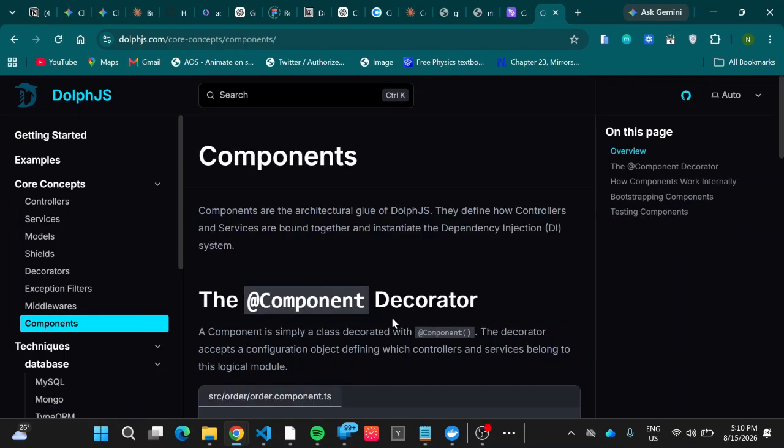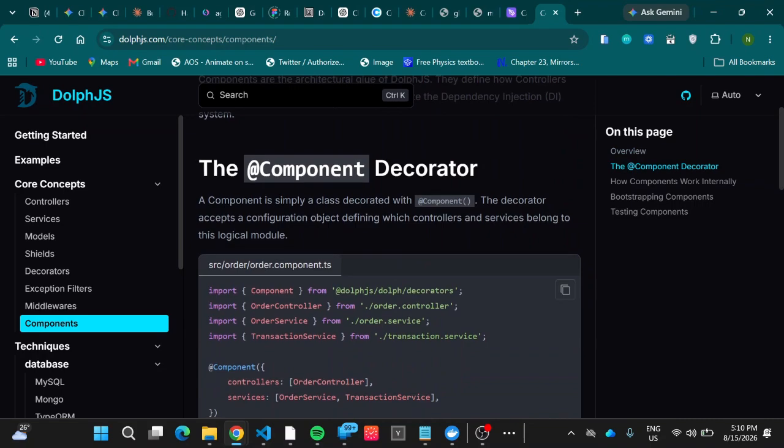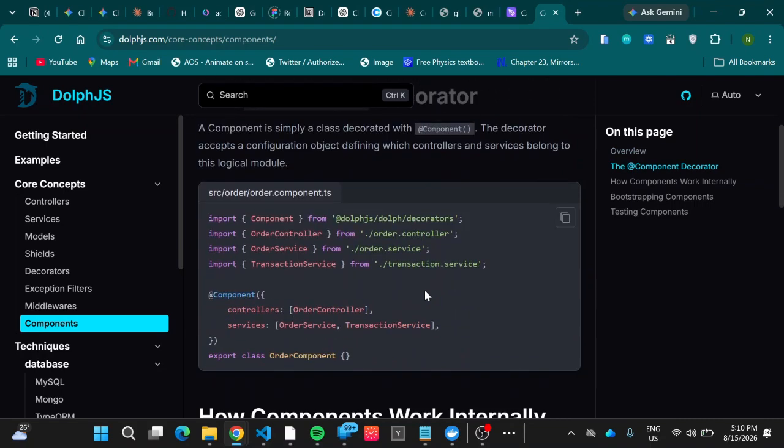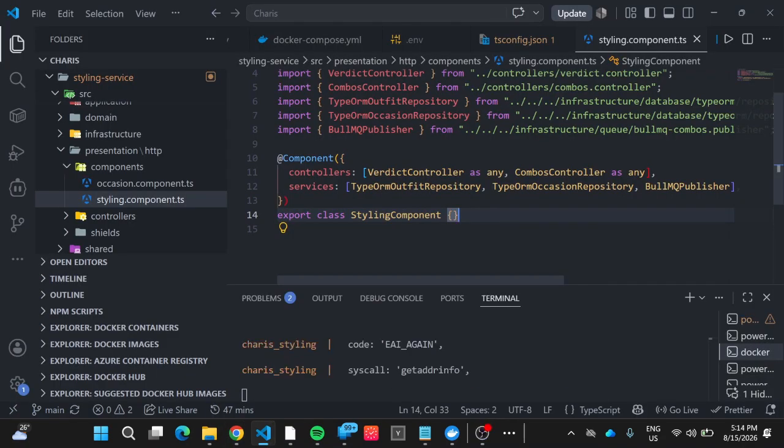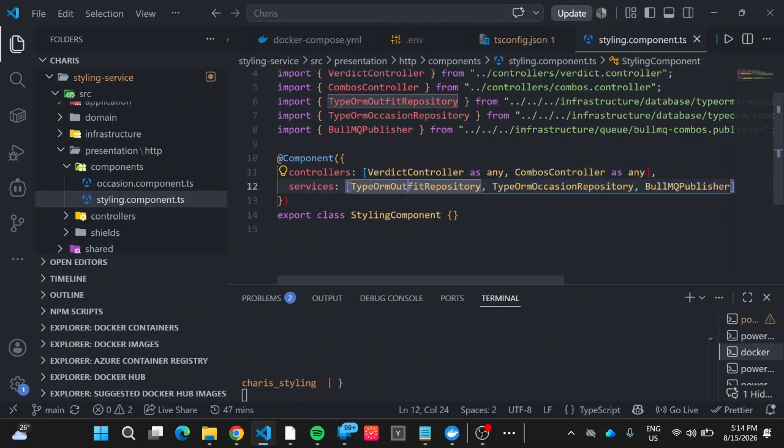A component in DolphJS is the glue that tells DolphJS which controllers and services belong together, and allows the DolphJS framework to wire their dependencies. So for example, let me bring up a whiteboard. This is an example of how I use components in Charis. So we have the controllers, vertex controller and combos controller, and